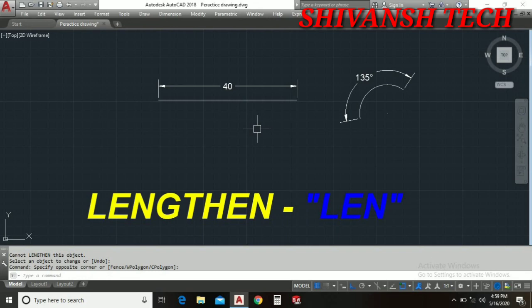And the last option in lengthen command, that is dynamic. For activating dynamic, you can enter DY or you can click here. I enter DY here. It's a dynamic, basically used, it's a freehand. In this we don't need to enter any value. We can increase or decrease the length freehand according to our requirement.